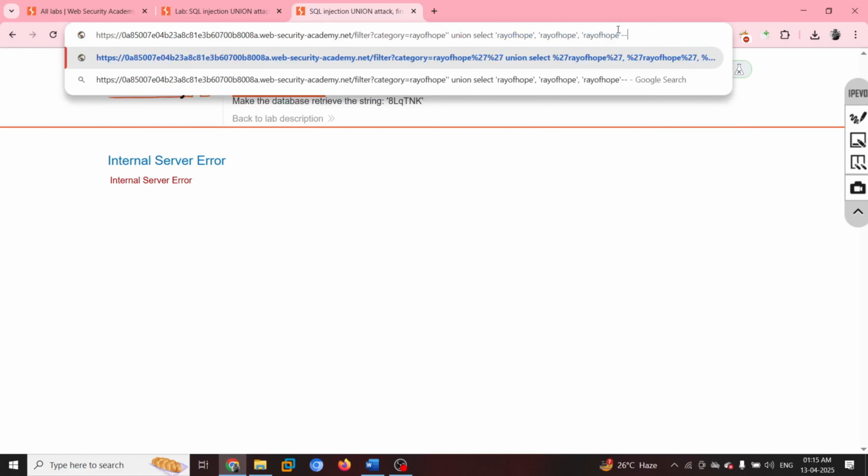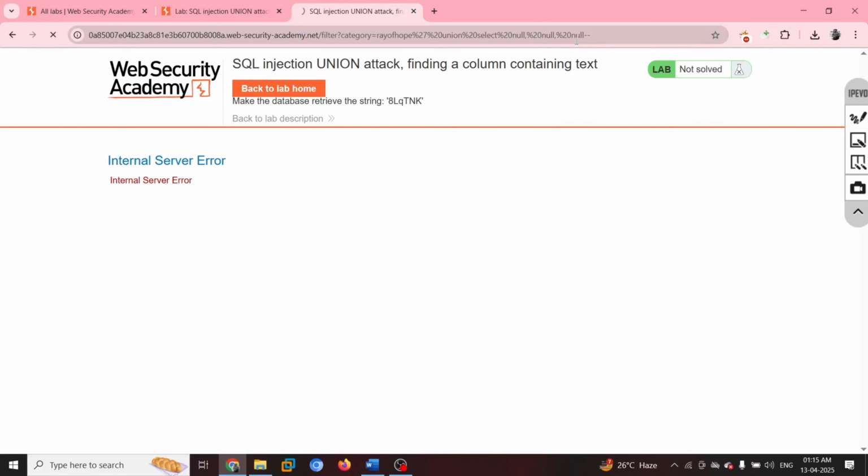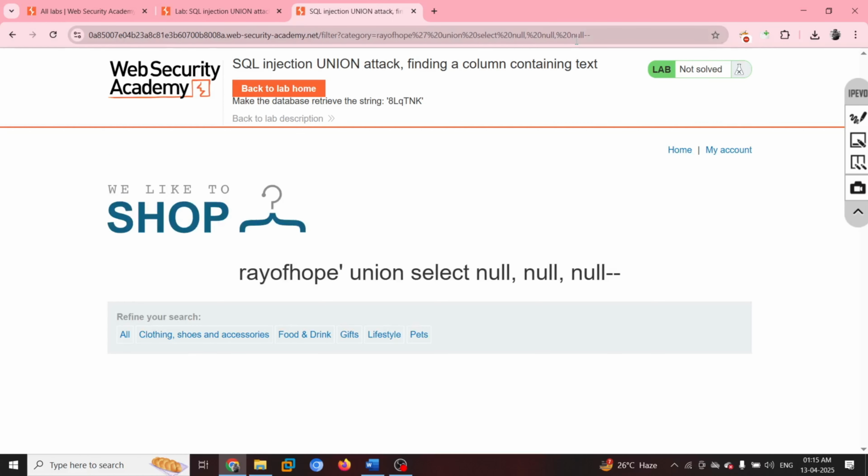So I will use null, null, null, and then copy this. There you go, now it is reflecting, which means it has three columns and it is using a combination of both data types, and therefore we can provide only one type of data type at a time.